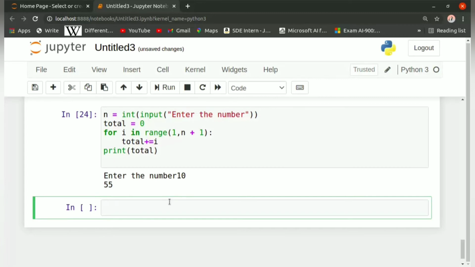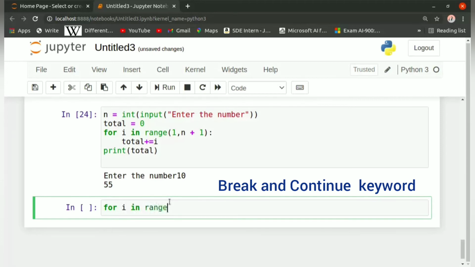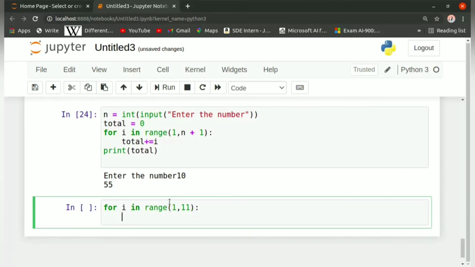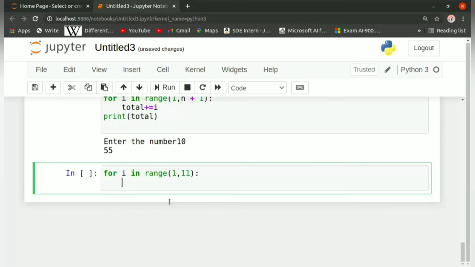Now let us talk about the break and continue keywords. For example, we have a program: for i in range(1, 11): then a colon. We wish to check the condition that if the value of i becomes 5, the execution must end there and nothing must be printed after that.